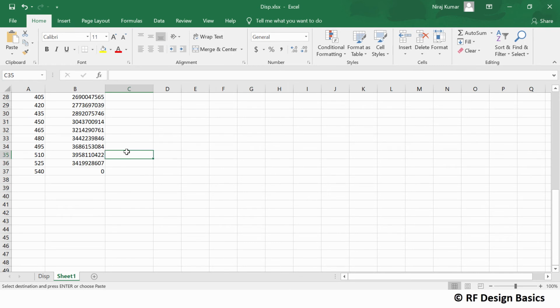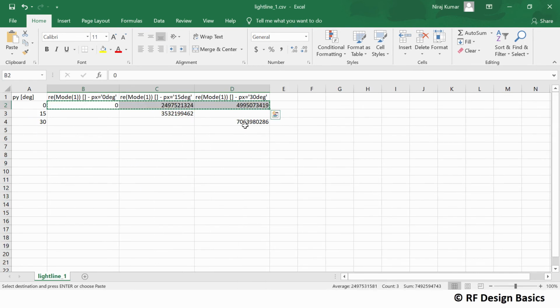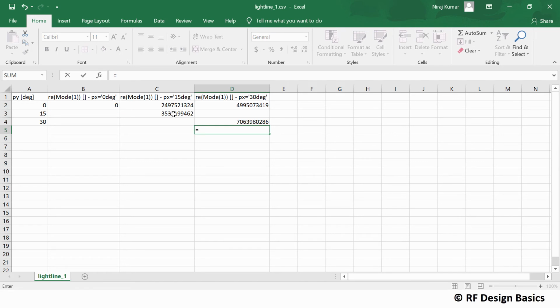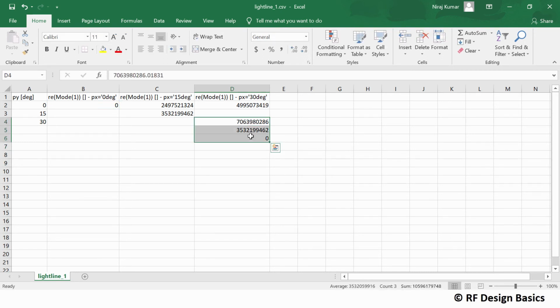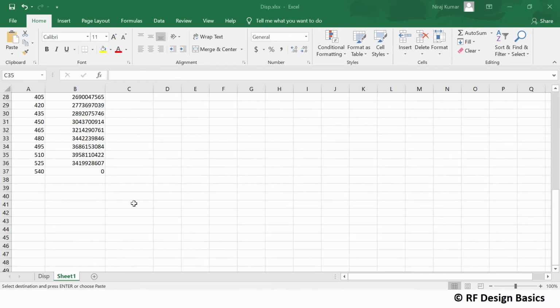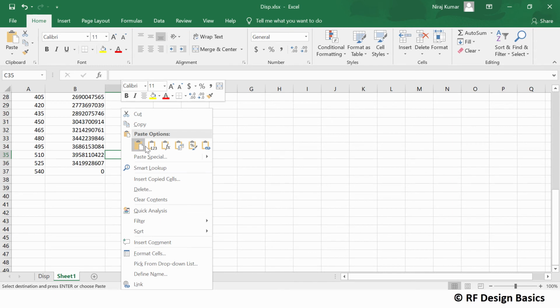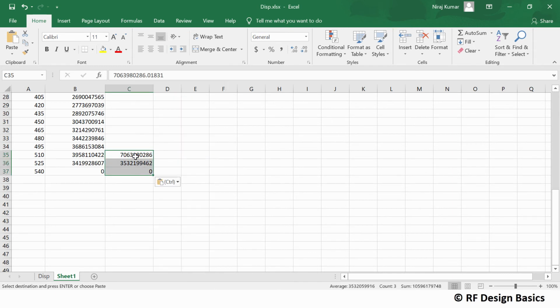And similarly the last value, these 3 values will come from here. So this is the first value, and then second value will be this, and third value will be obviously this 0. So we have to copy this and paste it at the last. So here I will paste, right click and paste the value.